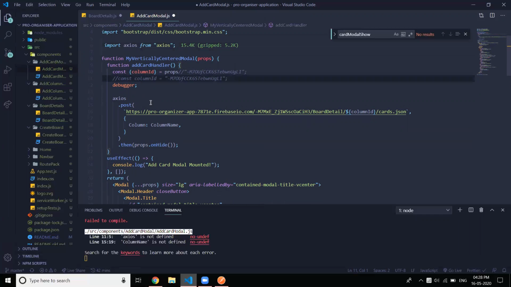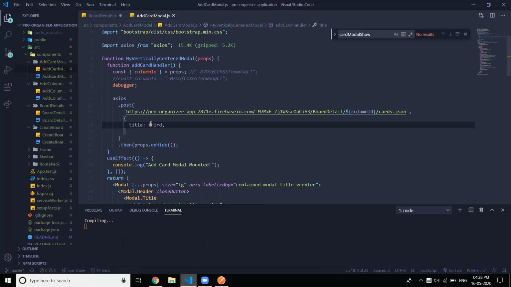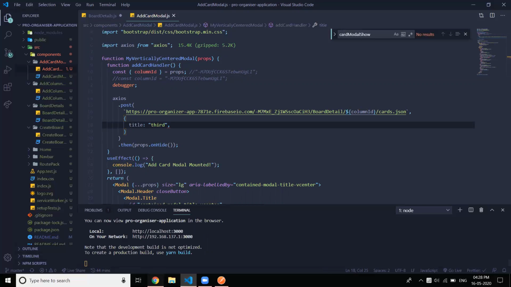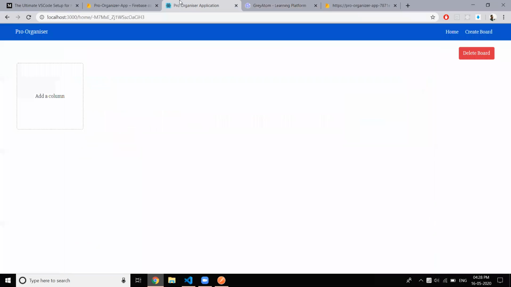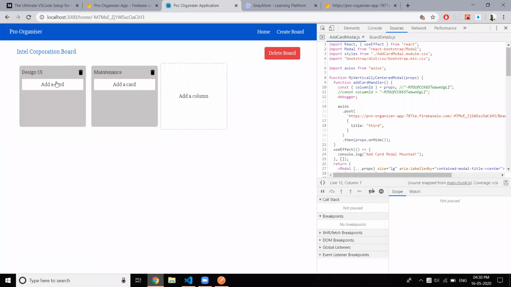Can you run? Number 18. Post something. Make it a string. Open the debugger first. Sorry, inspector first.